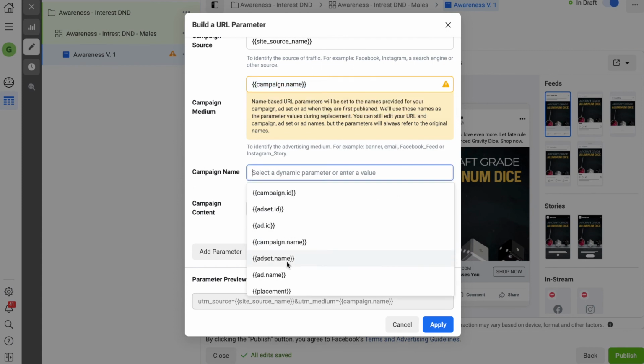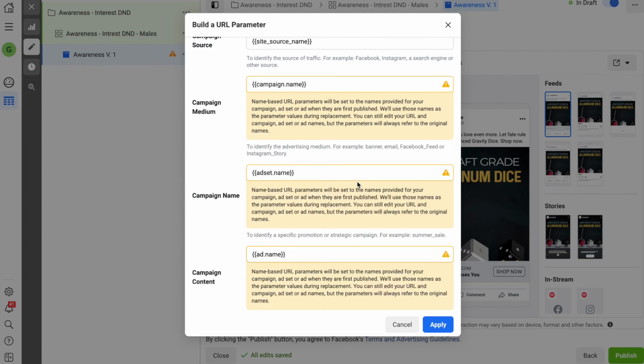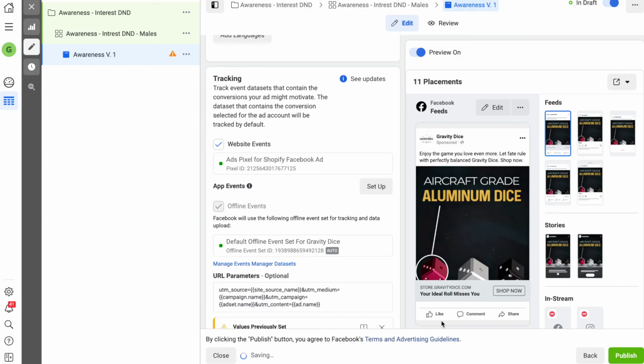You'll notice that I like to use the ad names, the campaign names, and the ad group names. The IDs and the numbers don't make a lot of sense for me. It's hard for me to easily tell where they came from in Google Analytics. Select Apply. Once you've reviewed your ad and you like it,